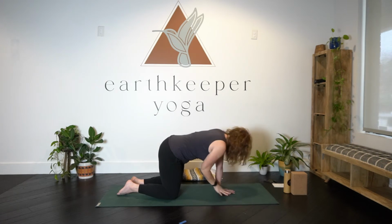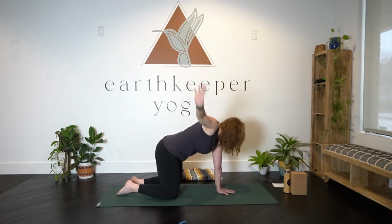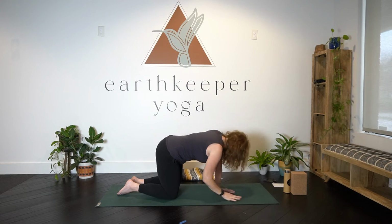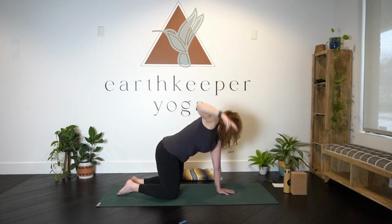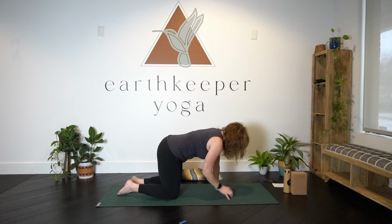Just getting a little bit deeper into that shoulder. Notice what's going on with the low belly here. Last one. Beautiful. All right, and then bring that left palm right under the left shoulder one more time, and bring that